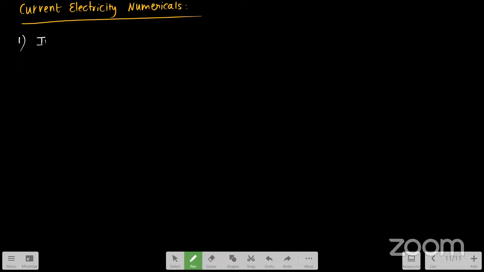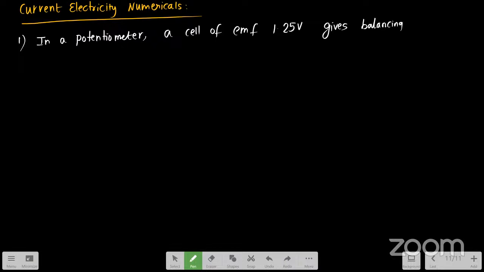in a potentiometer, a cell of EMF 1.25 volts gives balancing point at 35 centimeter length of the wire. 35 centimeter length of the wire. Full stop. If the cell is